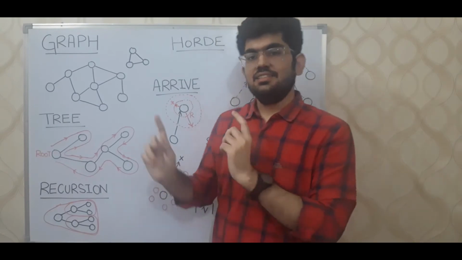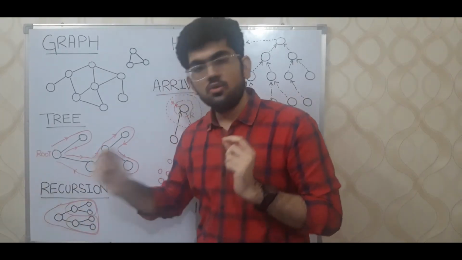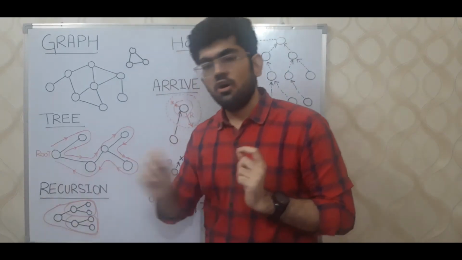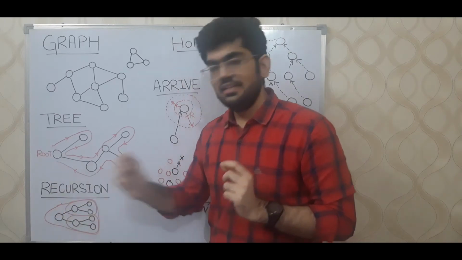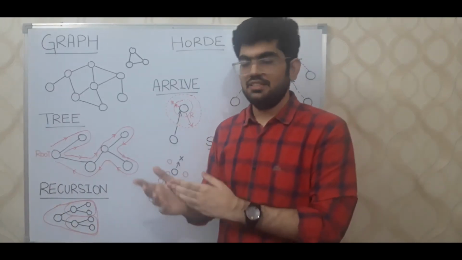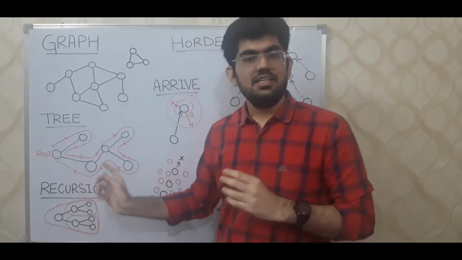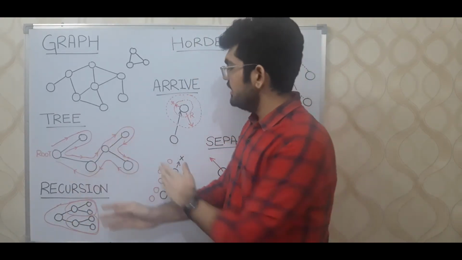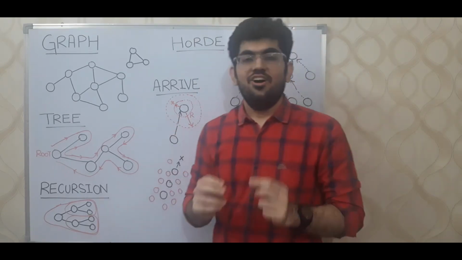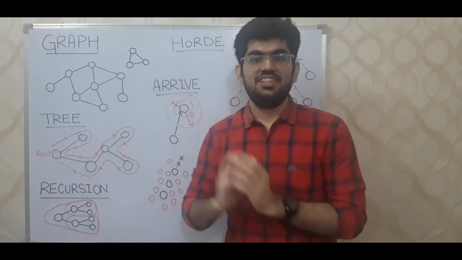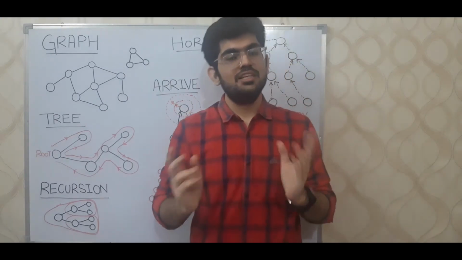The same technique is applied to traversal of trees as well. If we consider this as the root of the tree, then we use the traversal algorithm on this node, then we get to this node and we again apply the same traversal algorithm considering this as the root node. And likewise we do the same for all the nodes till we reach the end of any node, which is the base case in our example. Okay, so this is the complete discussion of the tree and the traversal algorithms. Let's see how this complete algorithm is being used in our horde.